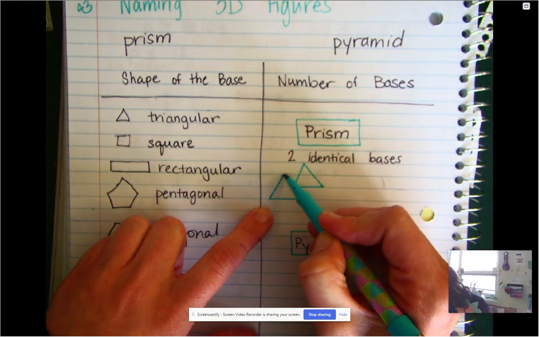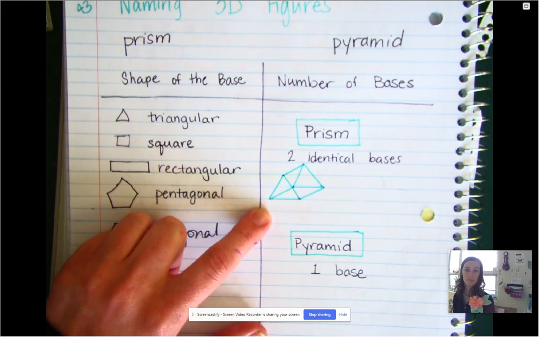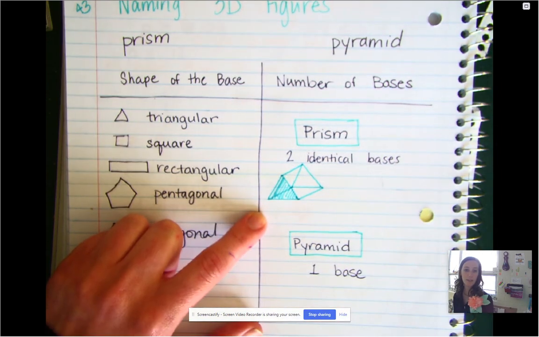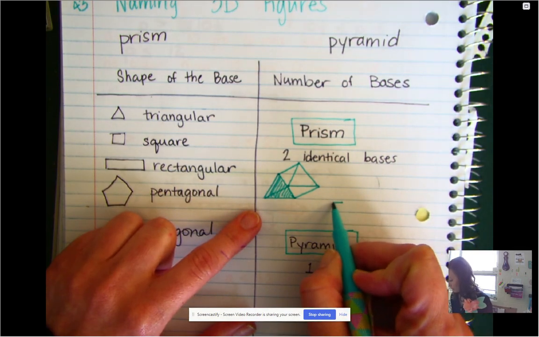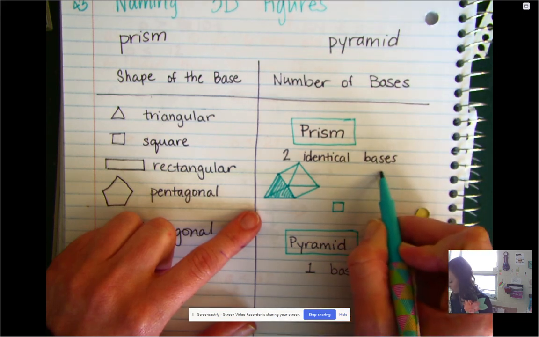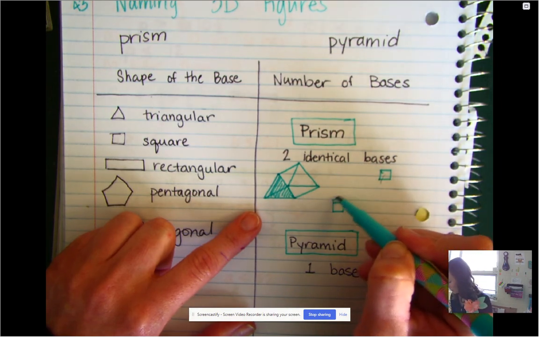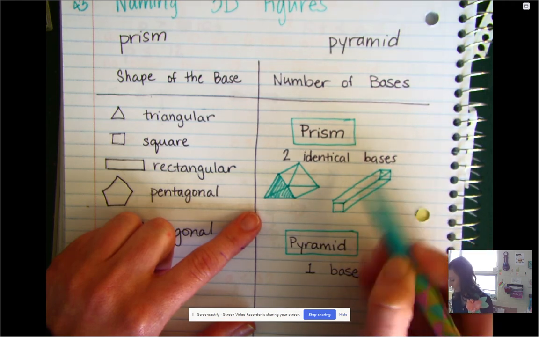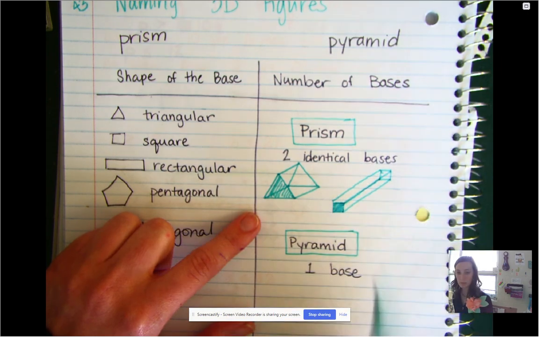Then I just use lines to connect the same corners. Sometimes people shade in one of the bases just to sort of make it more obvious what it looks like. That's an optional step. If we were going to draw maybe a square prism, you could draw two squares offset. You can make them as far apart as you want. And then you connect same corner to same corner. So top right to top right, bottom left to bottom left. And I can shade one to make it look